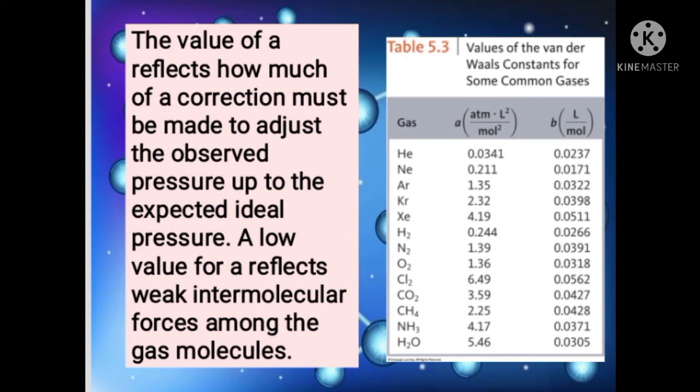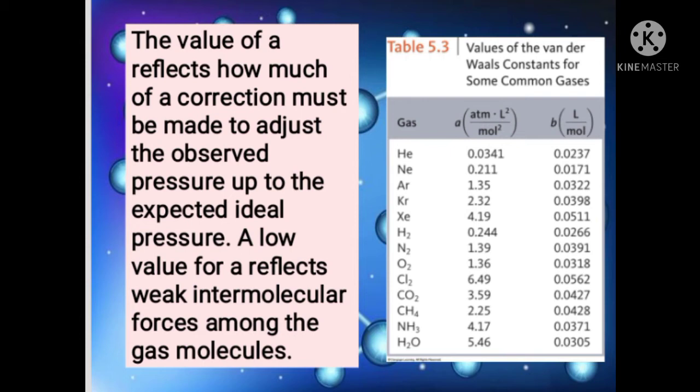We have the 0.0318, 0.0562, 0.0427, 0.0428, 0.0371, 0.0305. So that is the table 5.3, which is the value of the van der Waals constants for some